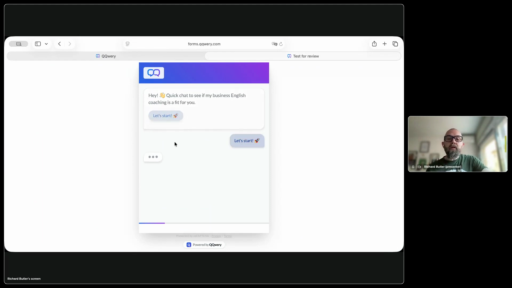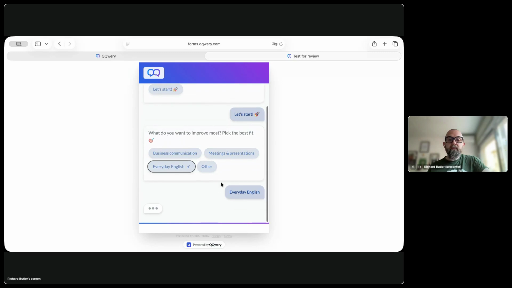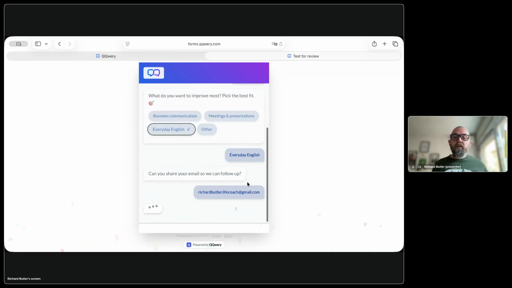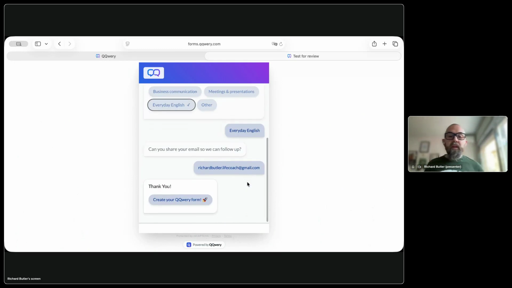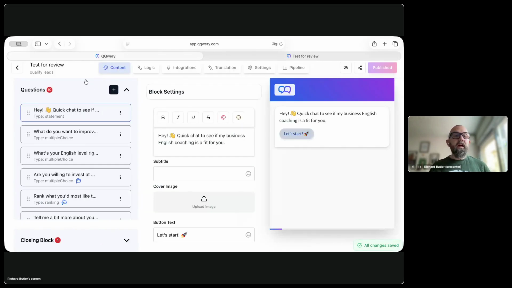So this is why I say it's like a chatbot. Okay. What do you want to improve more? I'm going to say everyday English. Okay. Can you share your email so we can follow up? So that has done it perfect. What it's actually done is I said everyday English and it's actually gone and it said, no, that's not what we want. So let me just duplicate this form